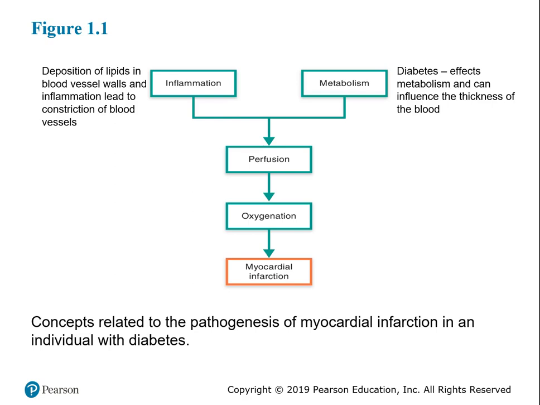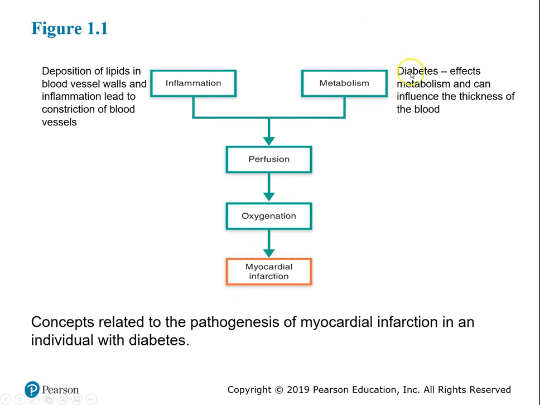Okay, so to now go along with that heart attack example, the book likes to, I'll just put this out here, you'll see a lot of figures like this throughout the semester. Again, this is based on that table that I just showed you. As we move through and study different specific systems, we'll see other examples like this. So if you look at the title, concepts related to the pathogenesis of myocardial infarction, a heart attack, in an individual with diabetes, okay? So if we look up here, all these concepts are feeding into the heart attack,